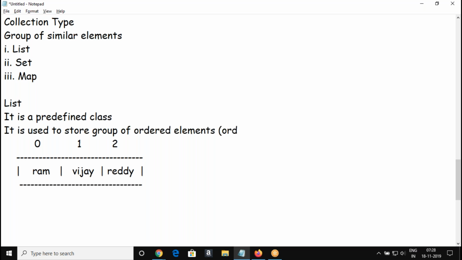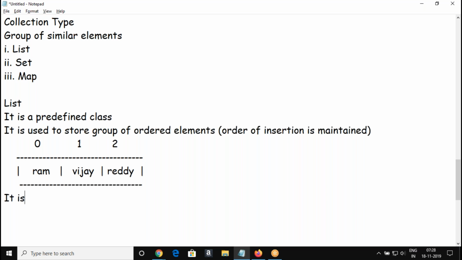So why do we say ordered elements? The order of insertion is maintained. It means the order you insert, the same order you can get the element. You just refer to the index, as you do in your array. That's why it's called a group of ordered elements.